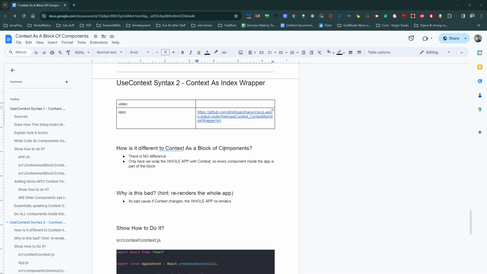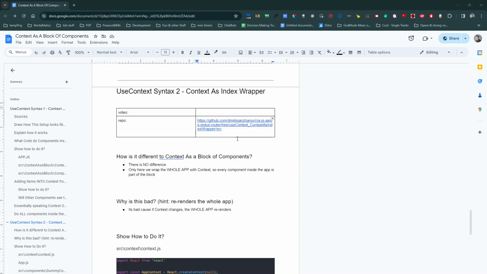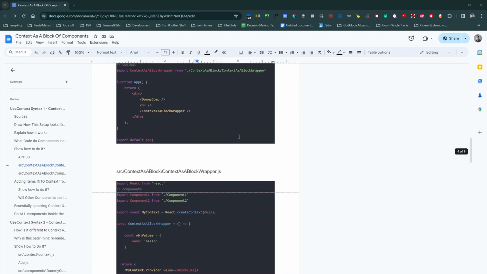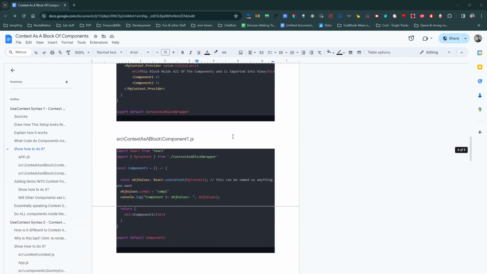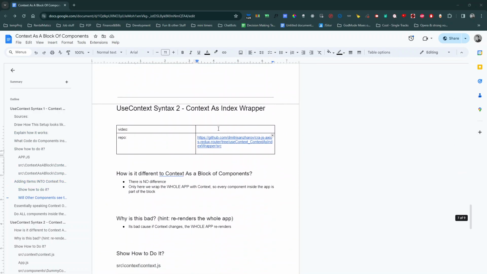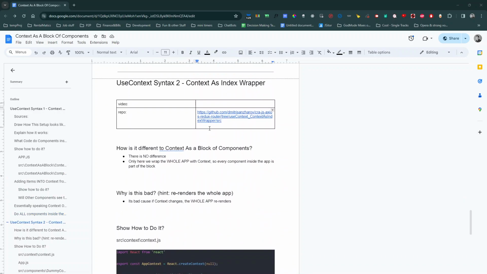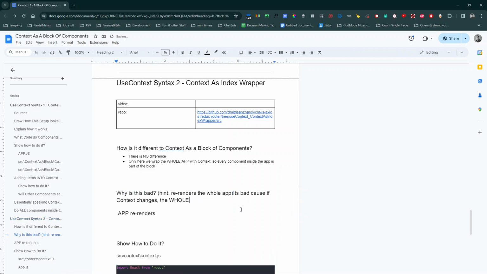So this is a wrapper around index. Now essentially syntax 1 and syntax 2 are exactly the same, to be honest with you. The only difference in here is that you are using the entire app as a block of context. Now the drawback of this is that whenever context changes,